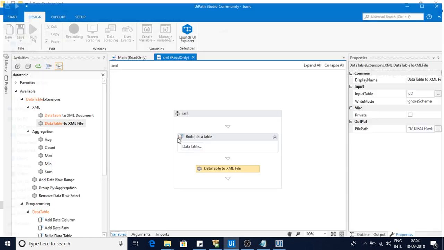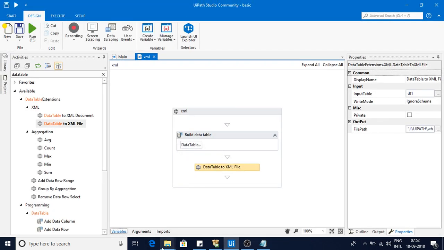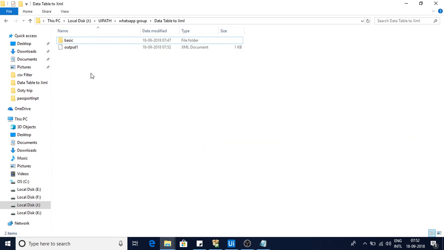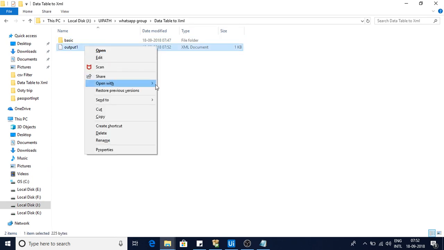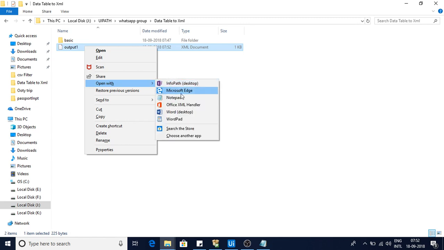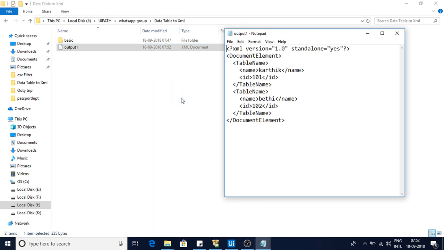and it started its execution. Now you can see the execution is also completed. Let me go and show. You can see this output is also created. Let me open it with Notepad and see how it looks. You can see the data came in a proper format, like table name, ID, and so on. For every row it is creating